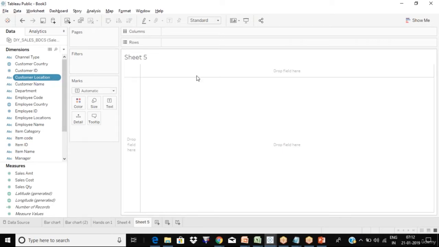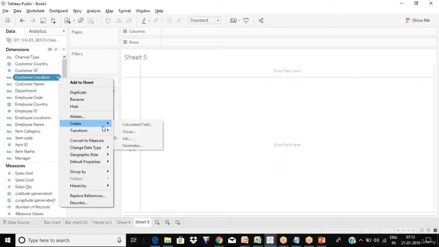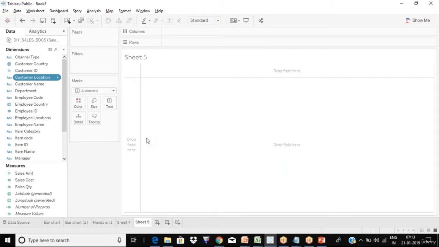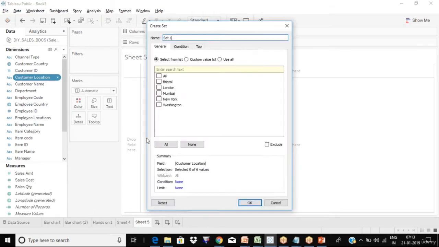In the example of salary, where salary is greater than 50,000, I choose salary over there, but here I'm choosing customer location. So I'm clicking on this arrow, going to create, and clicking on set. Now you want to give a name to the set. You can give any name, let's say customer location set.